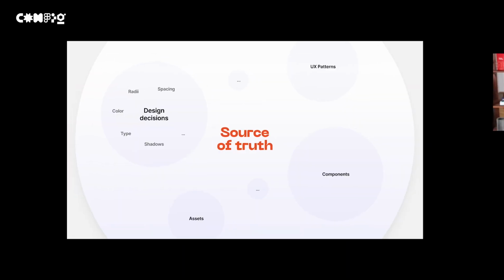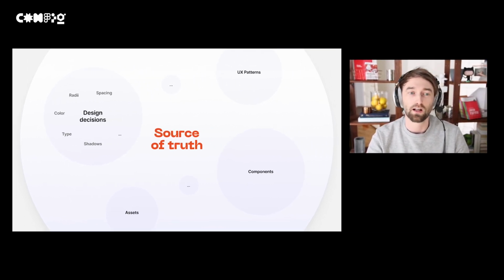This talk is about how design tokens can make us better collaborators. And while it's focused around the topic of design tokens, it's no introduction on them. Instead, it's heavily focused around one topic, that is a source of truth. A source of truth where design decisions live that make up your product or brand. A source of truth where design decisions such as color, spacing, type, shadow, radius, but many others live. But that could also be UX patterns, components, or even assets. The list goes on and on. So it's basically whatever you want to put in this single source of truth that makes up your product or